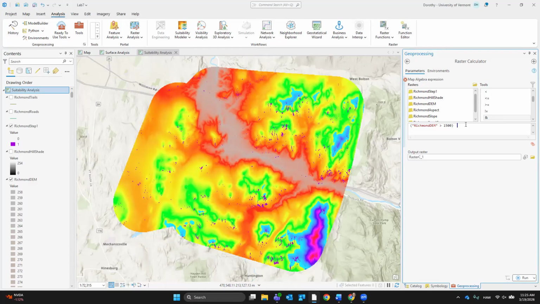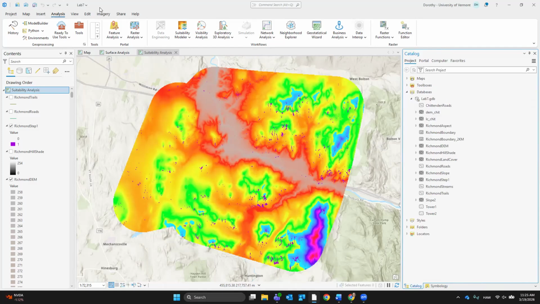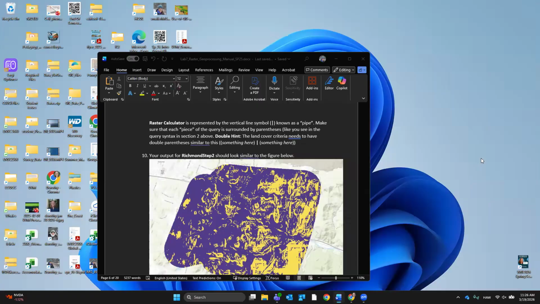So something's going on with my raster calculator. I don't know what this thing is, but I'm going to close my raster calculator. I'm going to save my whole project. I'm going to close GIS and open it again. See if whatever that weird thing is goes away. Okay. So can you still see my screen? Just want to make sure. Yeah, okay, cool.